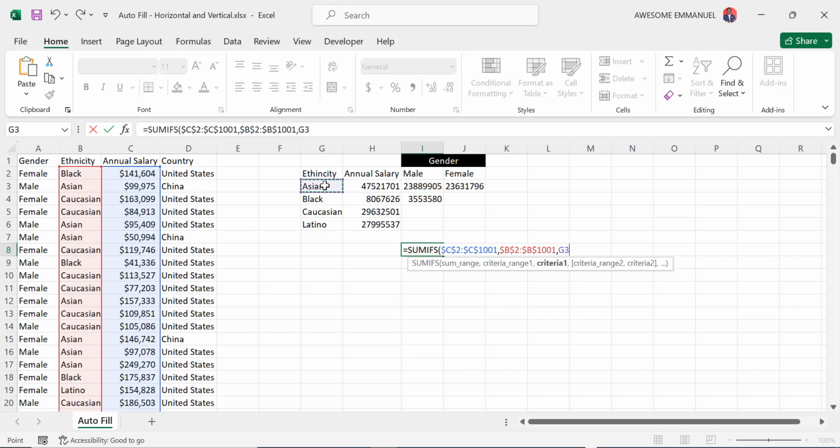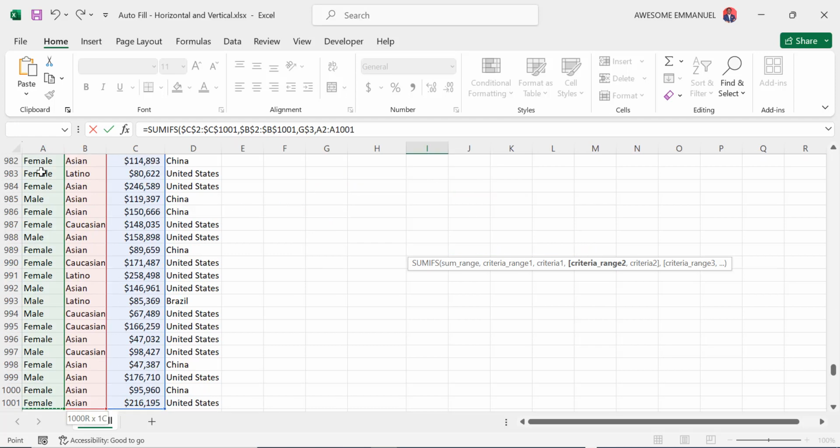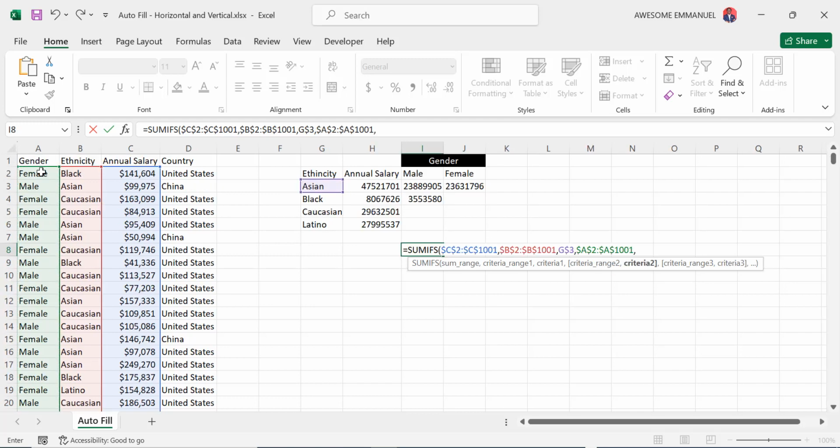I'm going to fix it two times. So I've clicked on Asia, I'm fixing, this is one and this is two. I've fixed twice. Take note, why twice? Because I know it's coming vertically. Then the next one I hit the comma. Then criteria range two. So the criteria range two is the gender. I'll click on this one, shift and control arrow down, I'll fix it, comma,